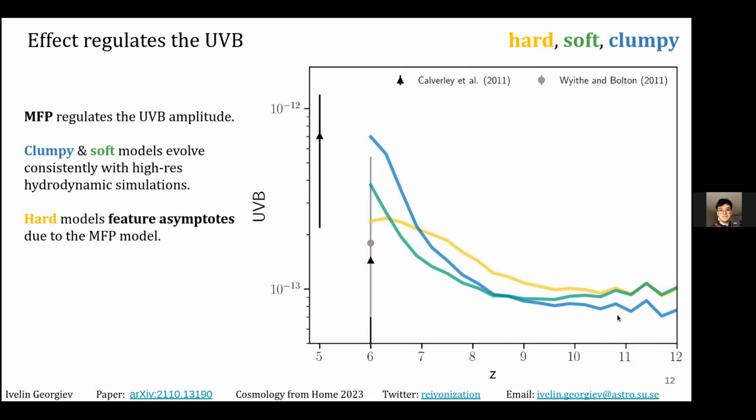Well, the soft model seems to behave quite nicely. It's initially lower and boosts high up. This is more consistent with hydrodynamic simulations such as CODA, CODA 2, CODA 3, Thiessen, amongst many others that show this. Those simulations have slightly smaller boxes, but have a much, much finer resolution. So we can count on them to tell us this, and we can learn from them.